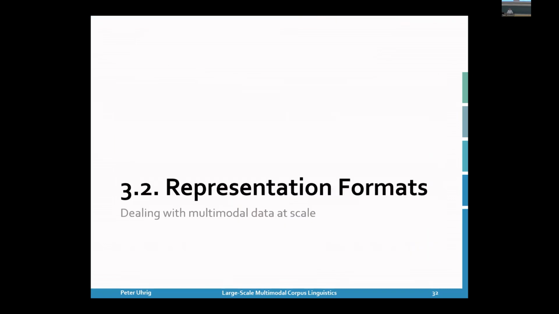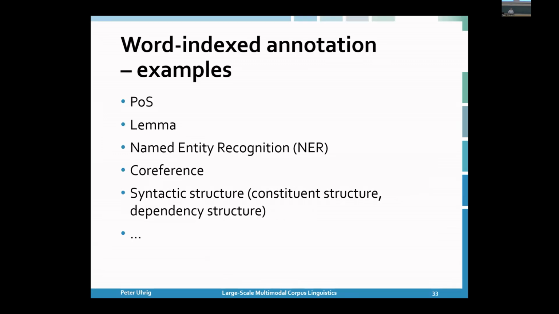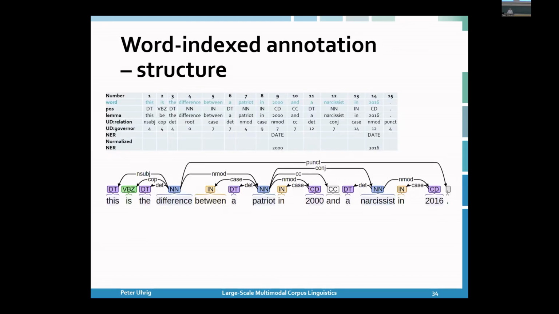Now, some more technical details still: representation formats. If you're dealing with this multimodal data at scale, and you come from a corpus linguistics background, or you're trying to become a corpus linguist, then usually you're working with words. You have word-indexed annotation. So you have a word, and on that word you can have a part of speech annotation, a lemma annotation, and whatever. And then it looks something like this. So you can have these tables, for instance, where you have